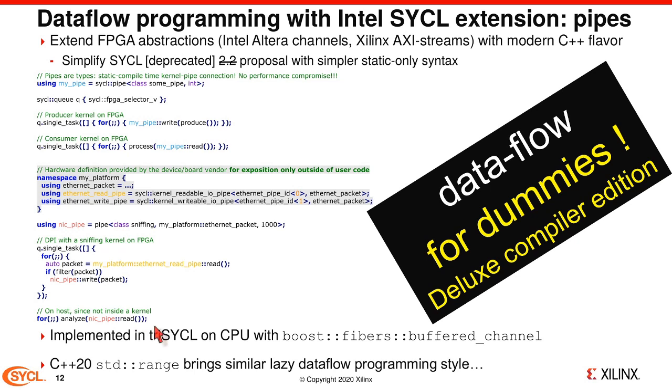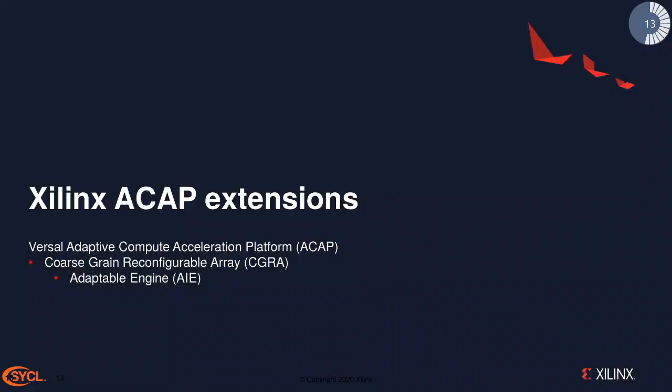We've implemented this in SYCL on CPU for now by using Boost Fiber's buffered channel. And what is nice is that in C++20, we have this new concept of ranges that bring a similar data flow programming style, which means that for some spatial architectures, we can probably implement all these std ranges as this kind of pipe operation. Okay, I won't say more on the FPGA part, but now I will talk a little bit more about